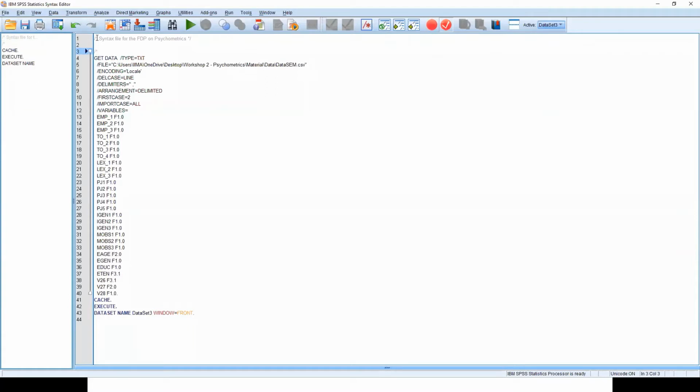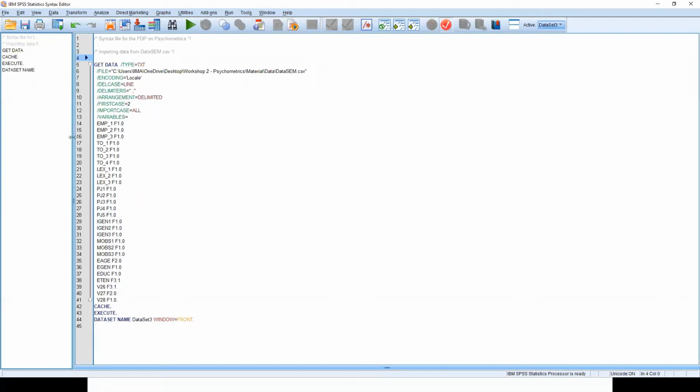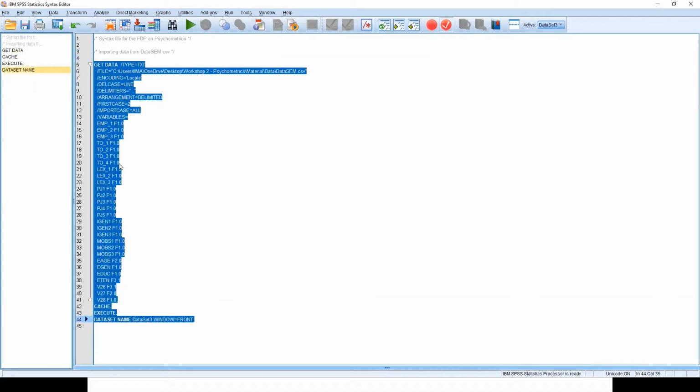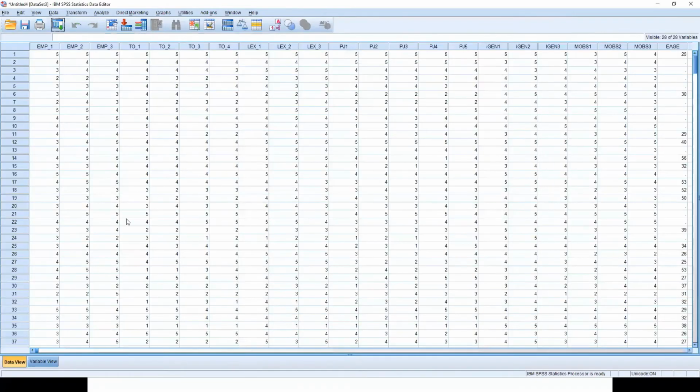This command is importing data from data sem.csv, right? So now when I run this, select this up to the end and run it, your data will be automatically imported. So next time you don't have to worry about which switches I clicked and so on.